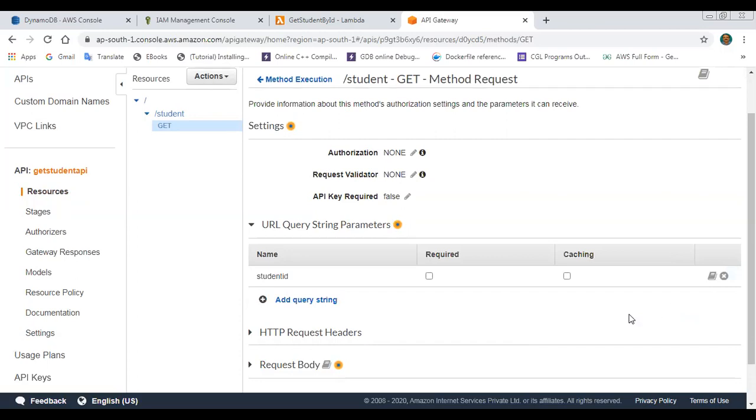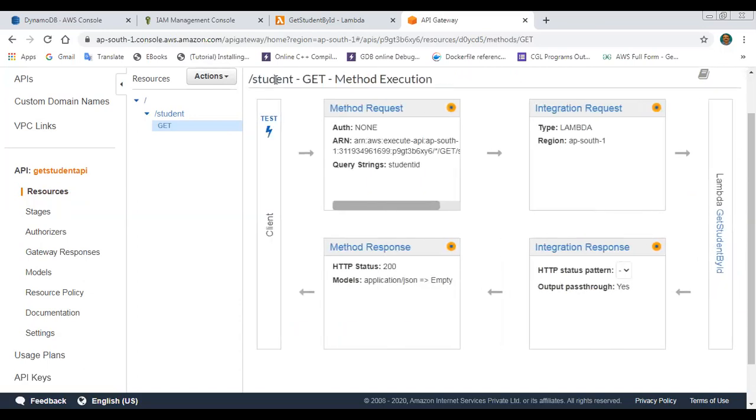In method execution, provide the URL query string parameter, and the query string parameter is student ID. So in method request we have added the query string parameter student ID, and then integration request.